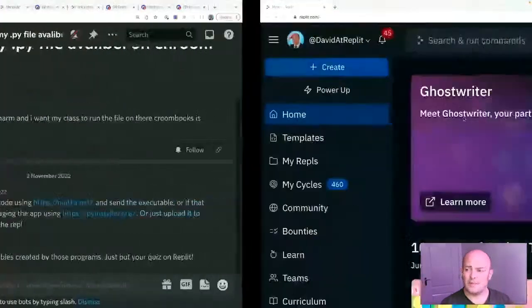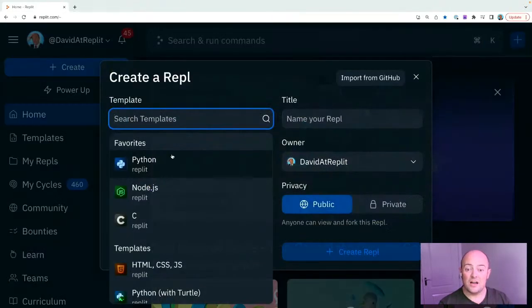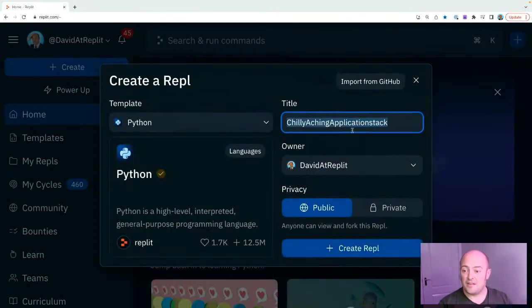I'm going to jump over to Replit now, and we'll just see how you can share executable code with anybody, because it is really, really simple. I'll create, for the point of this, a Python file, and I'm going to leave it public. Now, there's another thing that you can use cycles to purchase, the ability to make your REPLs private if you want to. That's quite handy if you want to keep stuff away from people, but I'm going to make this public so you guys can all see it.